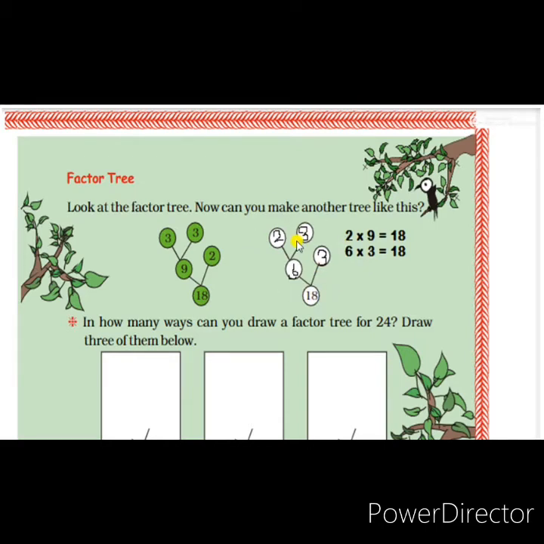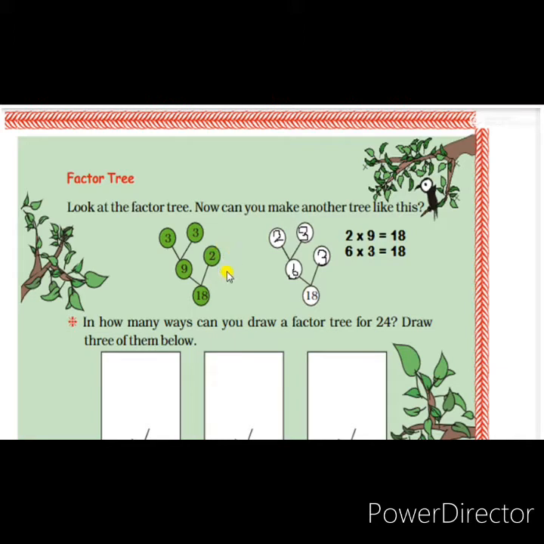First I converted that number into 6 3s are 18. 3 is a prime number or prime factor. Next 6 is converted into 2 and 3. 2 3s are 6. In this way also we can make the factor tree of 18. So what is factorization? Factorization means the method of finding the factors of a composite number in terms of prime numbers. Prime numbers have only two factors.